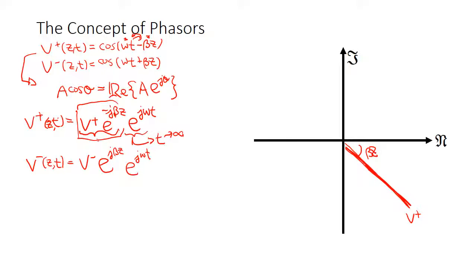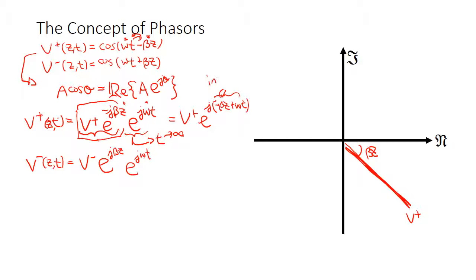What that does is, remember, these two terms added together form the angle. The angle is actually a combination of our original beta z plus omega t. So as t increases, the overall angle here